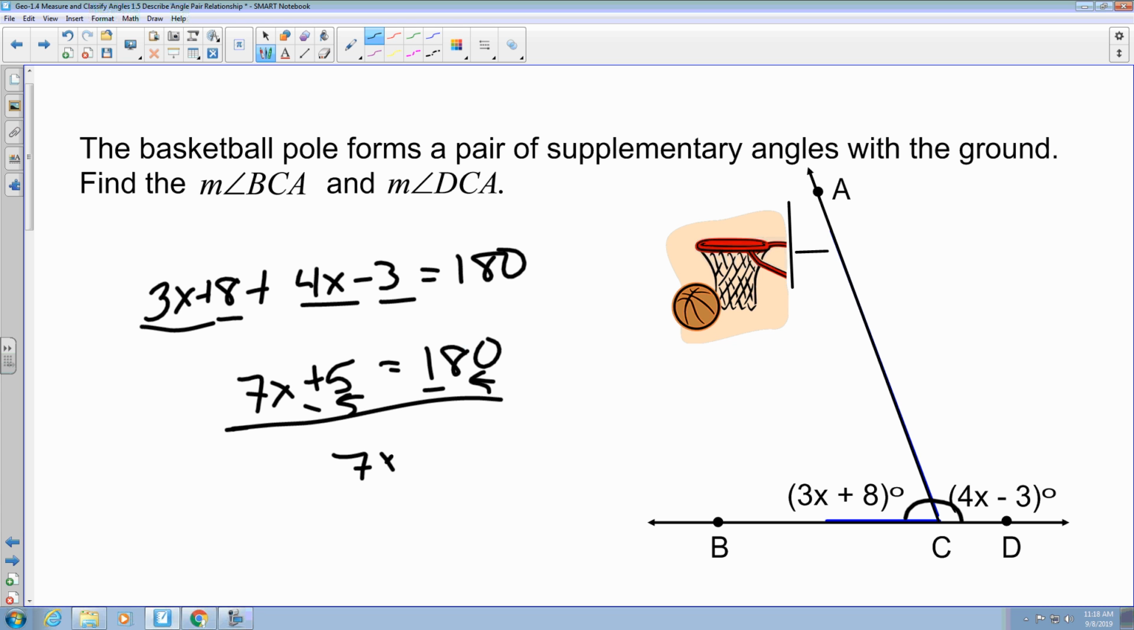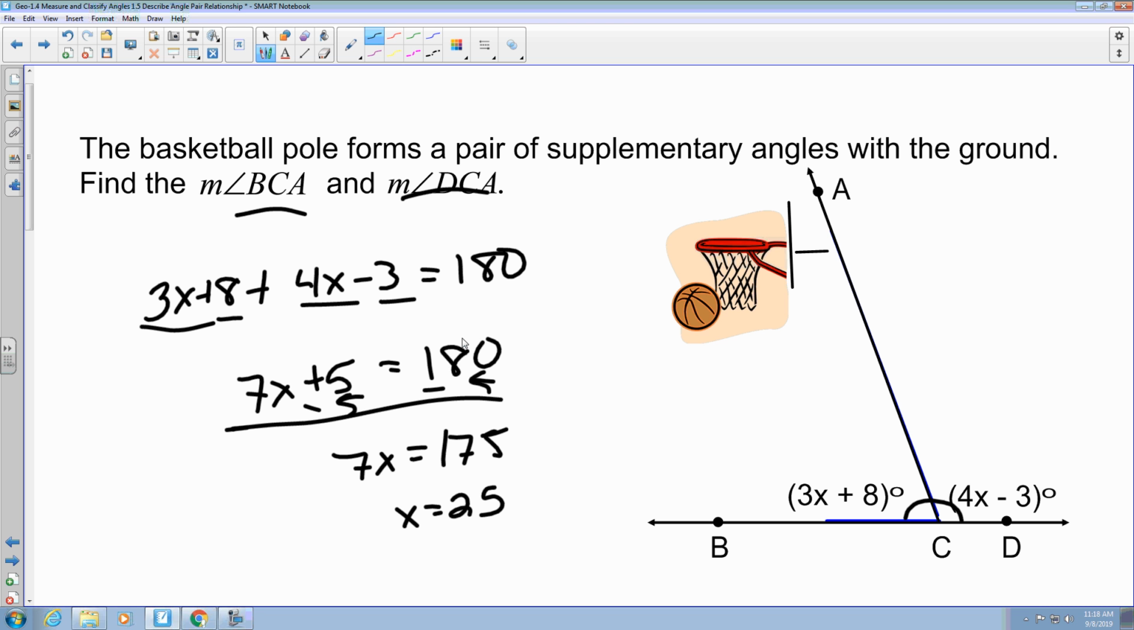So now I got 7x is equal to 175. Divide that by 7, I get x equals 25. But again, it didn't answer the question. It just allowed us to find a value for x that'll help us find angle measurements of BCA and measurements